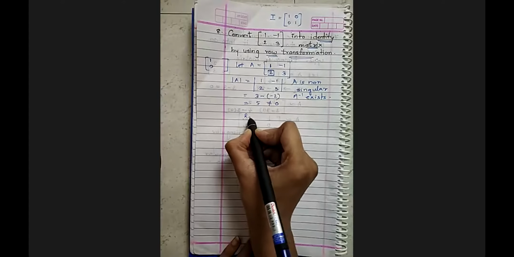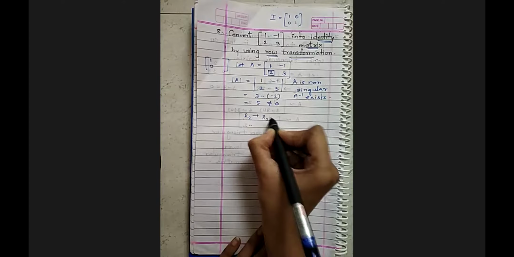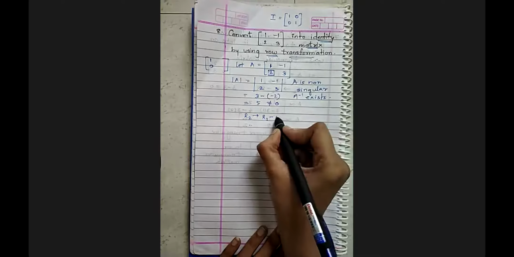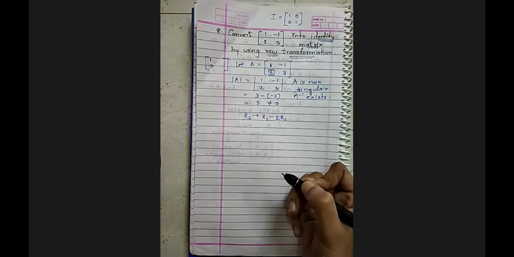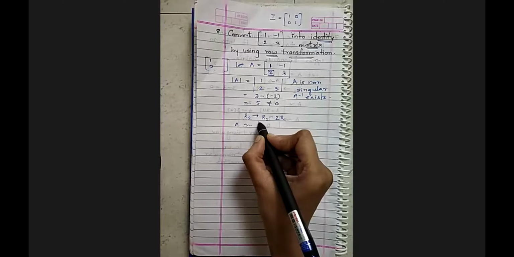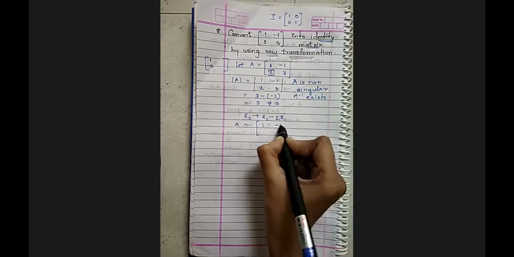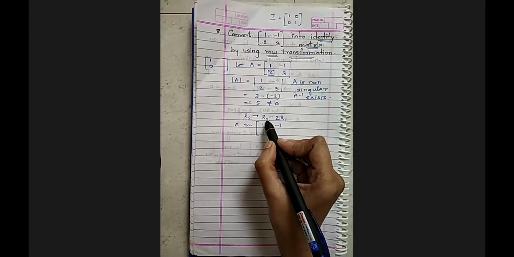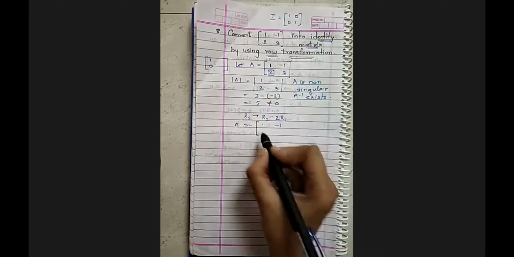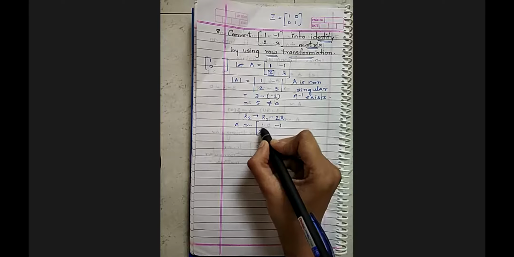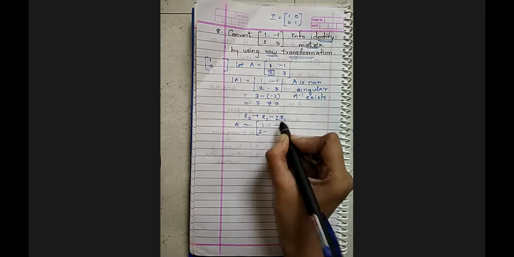So let me do that. R2 I have to change. So R2 minus, that is, 2 minus 2 I want, right? There is 1 in the first row, so I can multiply by 2 to get 2 times R1. If I apply this, what will happen? Your first row will be as it is. Nothing you're going to do with the first row. In the second row, it is 2 minus 2 times R1. What is the corresponding element of R1? That is 1. So 2 times 1 is 2.